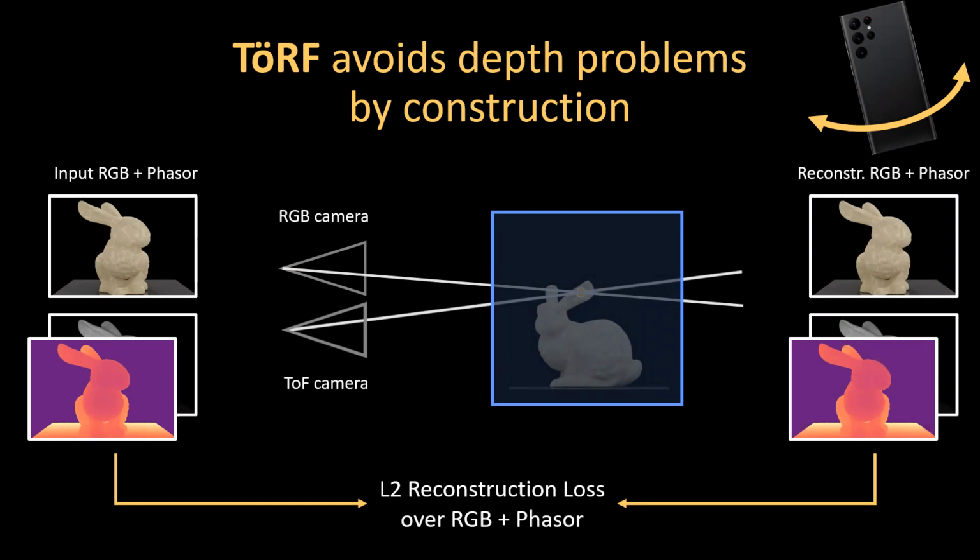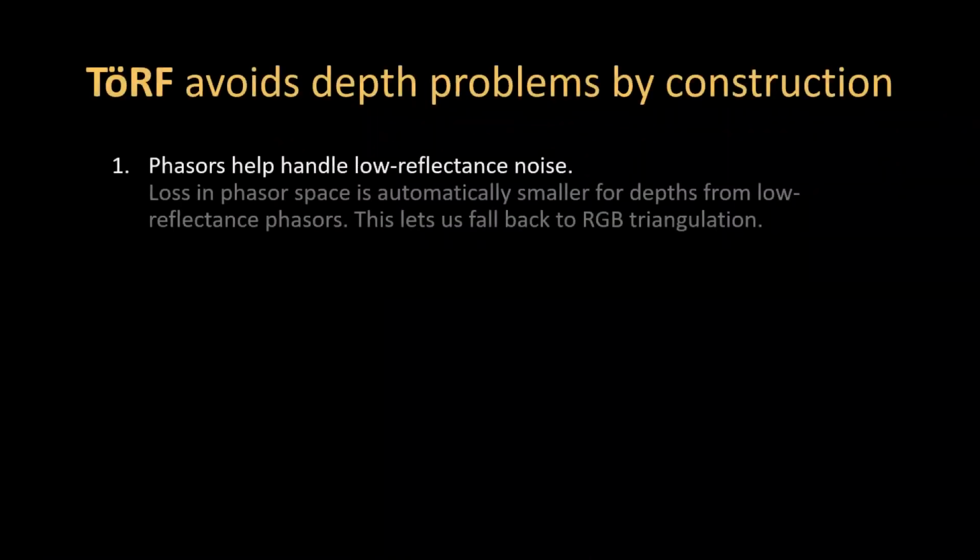All right, so the noise. Let's come to the noise. When you're in phasor space and you have low reflectance in your scene, black objects, the loss is already automatically going to be smaller because the magnitude of that vector